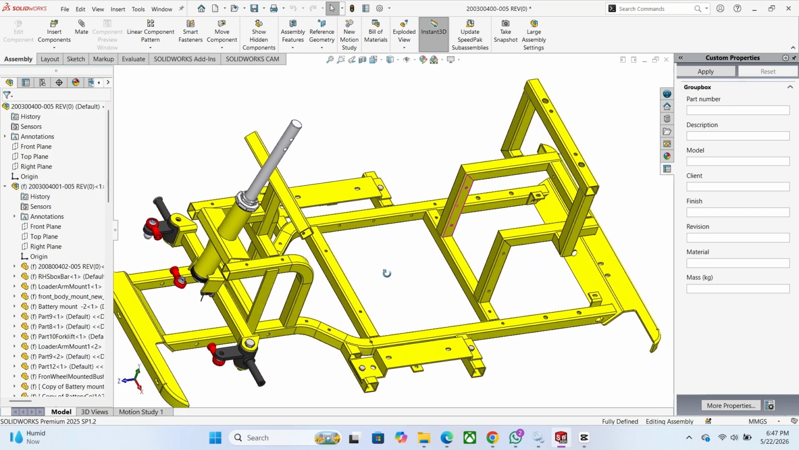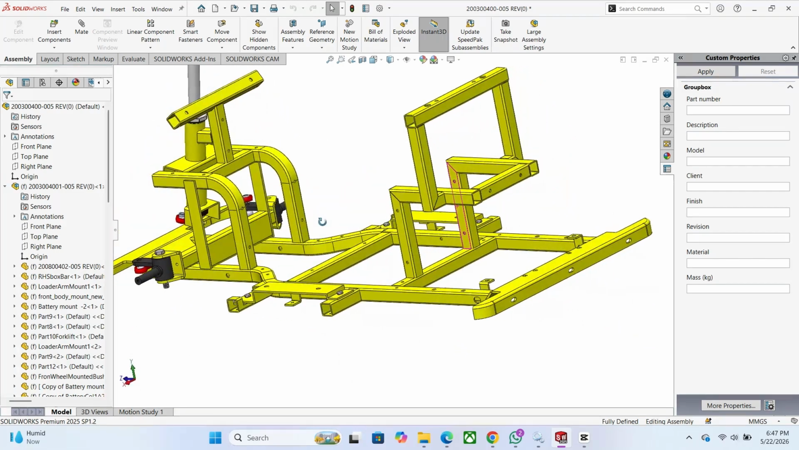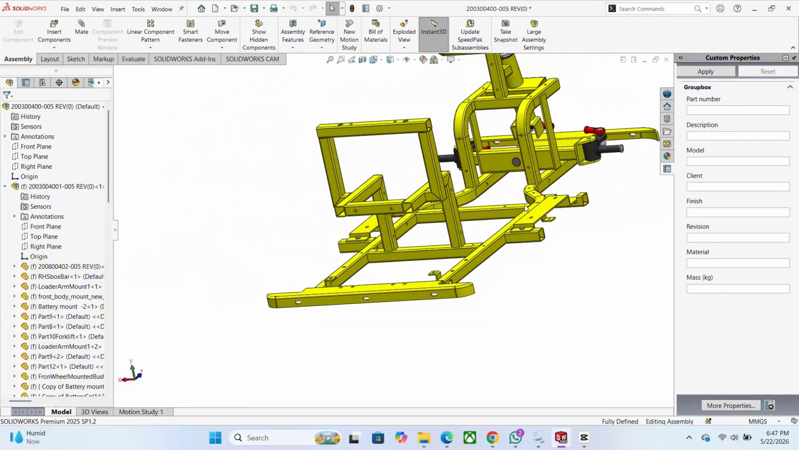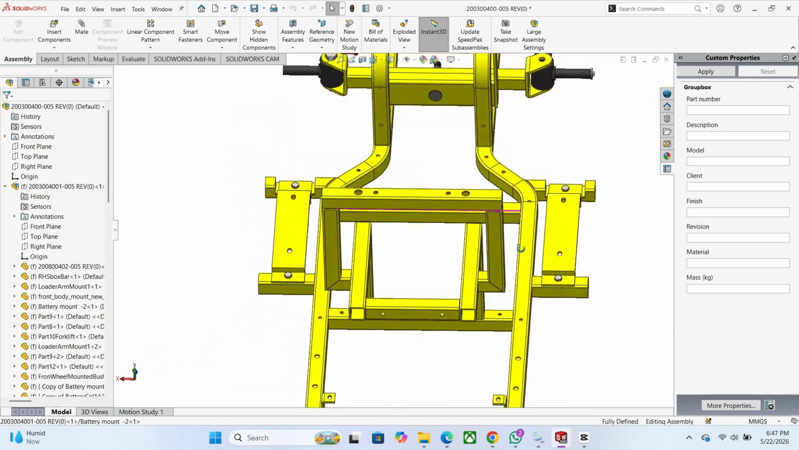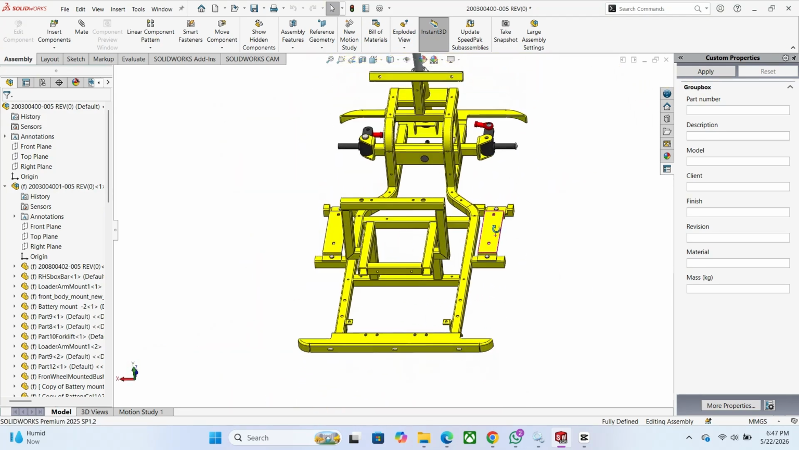By the end of this course, you won't just know how to use the tools, you will possess the practical, industry-tested skills required to take a complex mechanical concept and turn it into a reality. Let's get started with Phase